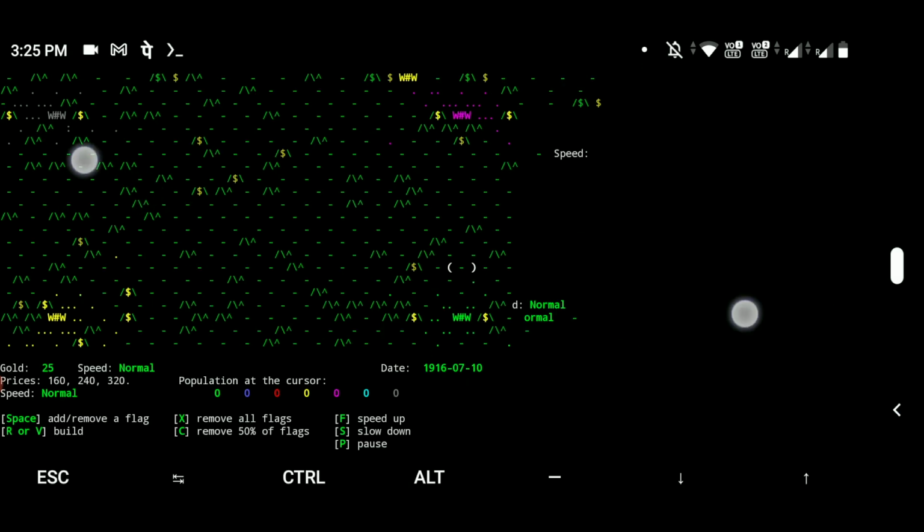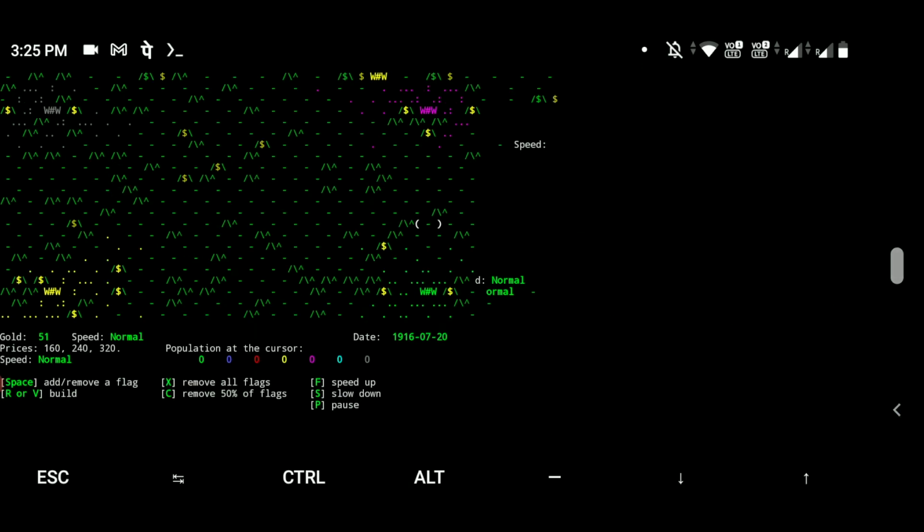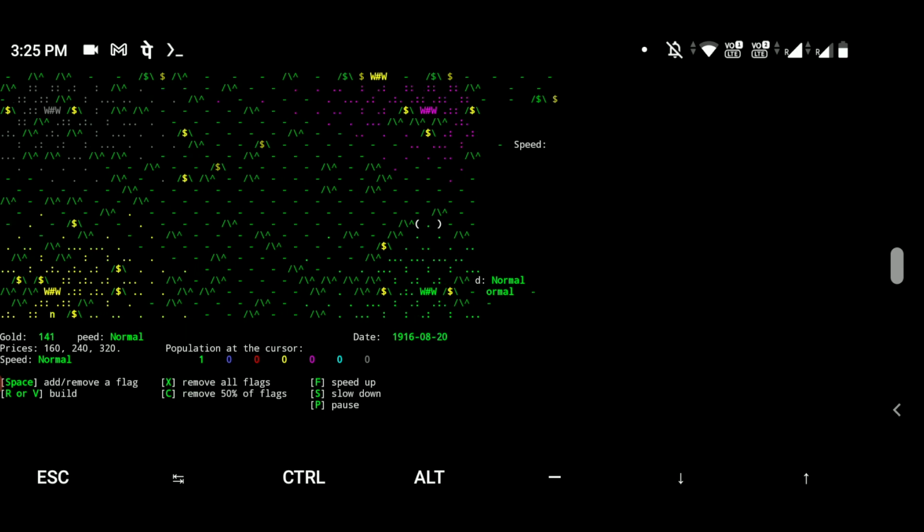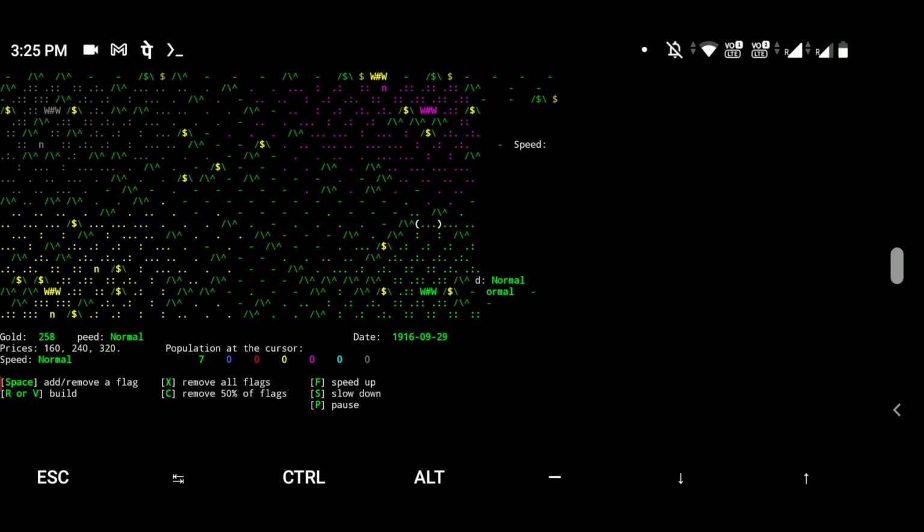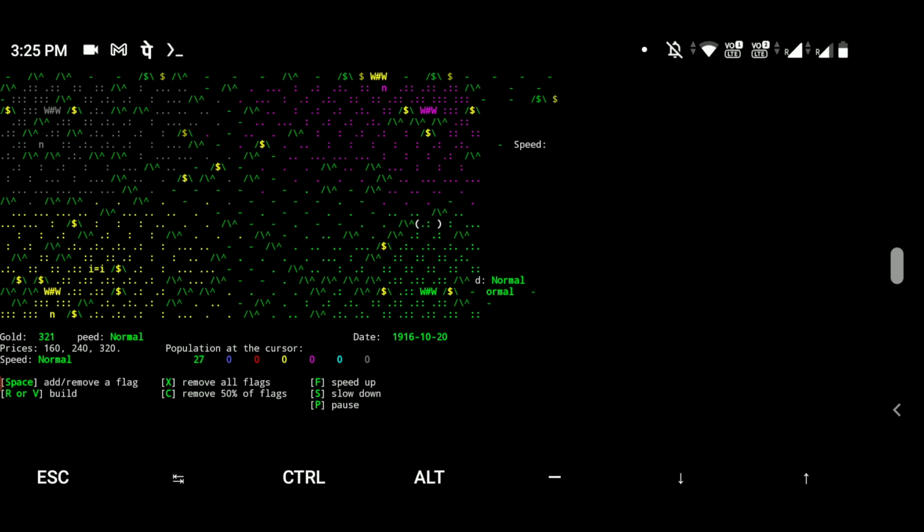So here you can see, this is the game. You can simply use this game to build up your army and construct your base, and you have to set up your strategy and placement. All the rules of this game will be on the home page of the game, and I will put down the link in the description for that.